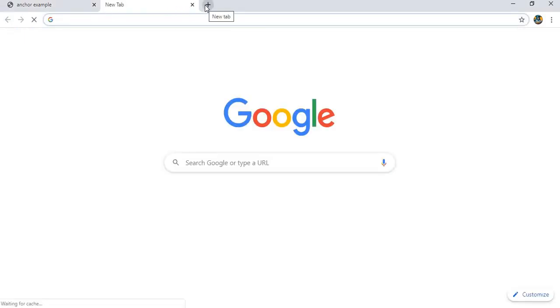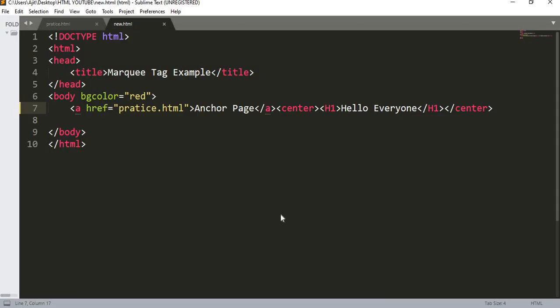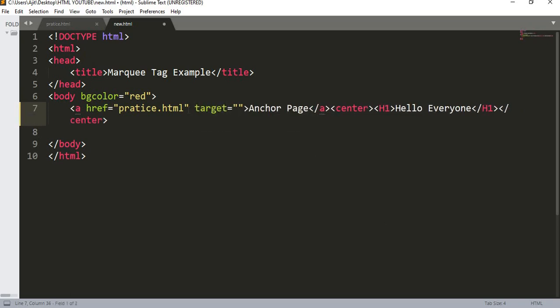Was this internal or external? This was external. Now I want to do internal links. But what I want is to click this one and have it open in a new tab. How can this be done? This can be done easily by applying a property called target. We will apply target equals blank, that will transfer this to a new tab.